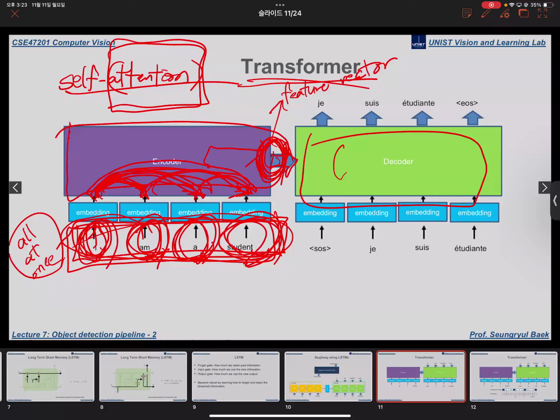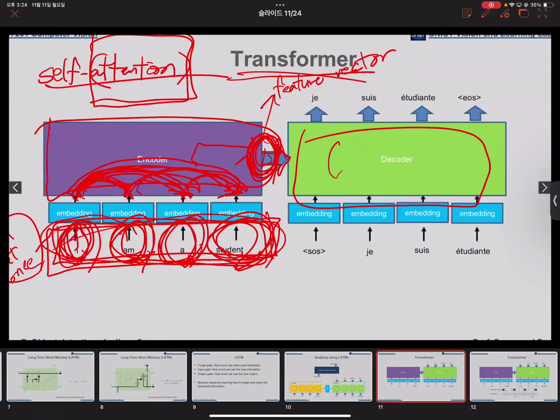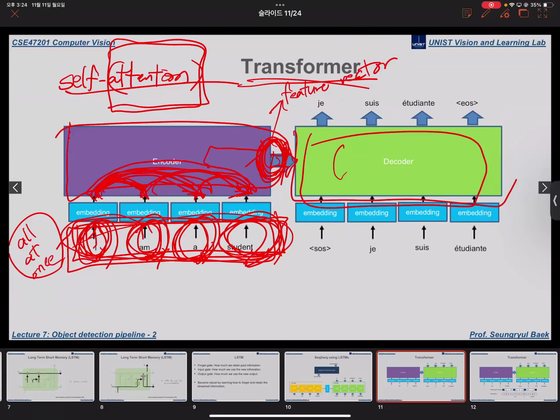And in a later slide, I will show you the exact formula for this attention. Okay, but the concept is they calculate the dense relation between the input. Okay. And then what happens in the decoder is